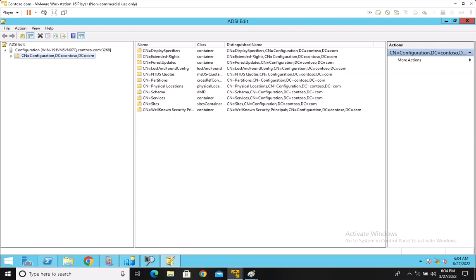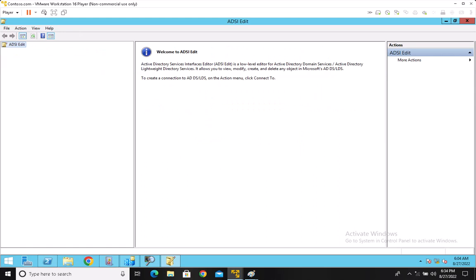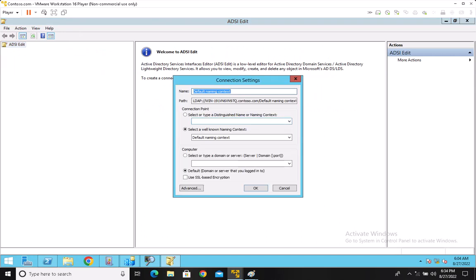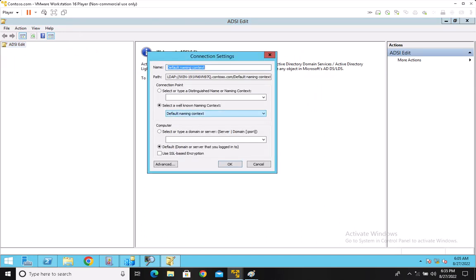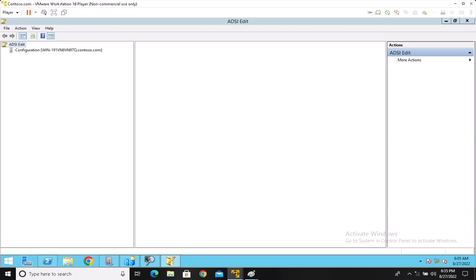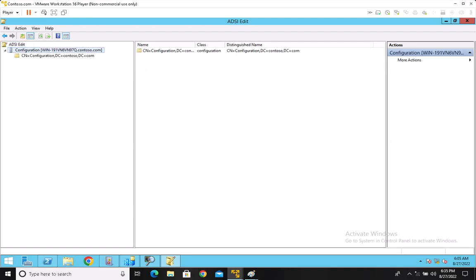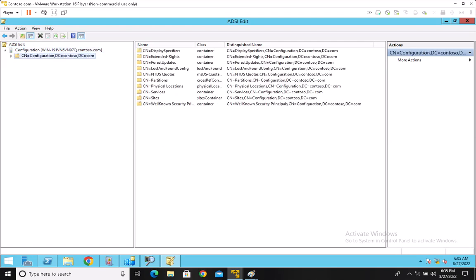I already connected that, so let me remove this partition so that I can show you from the beginning. If I click on ADSI Edit, Connect, you can see here that by default it will connect to the domain partition. The domain partition explanation is coming up, so bear with me. Here, under Select a well-known naming context, if I click here, I get the configuration partition. If I click OK, and double click on this server name, Configuration partition, and under this Services,